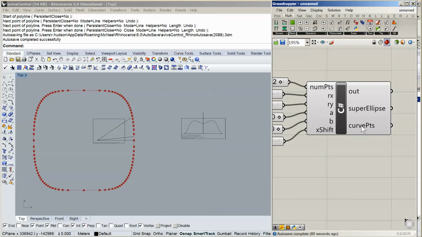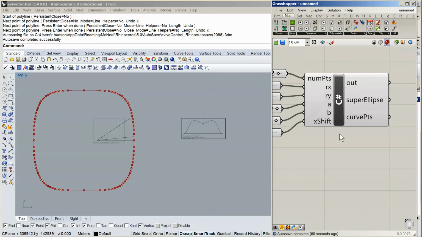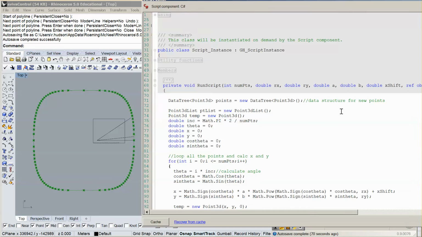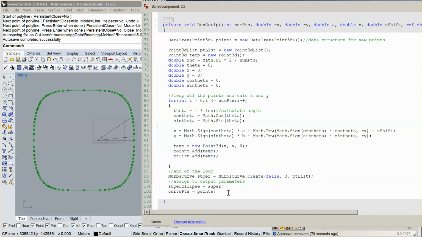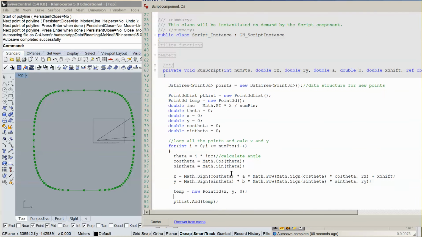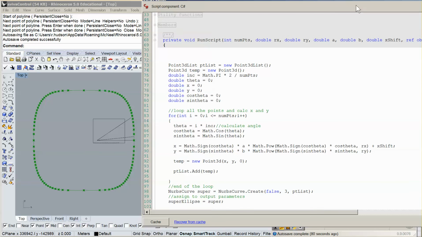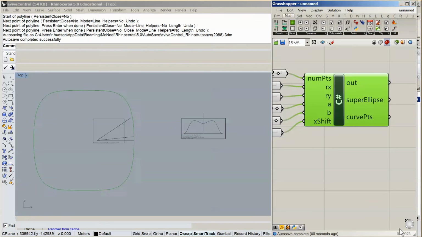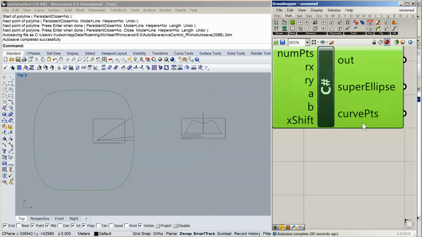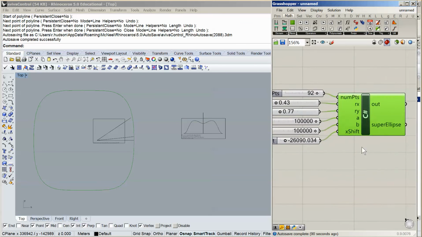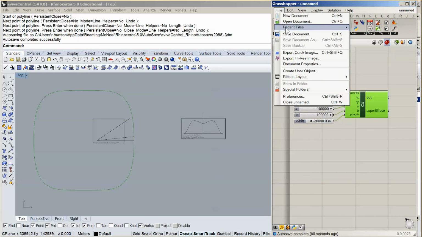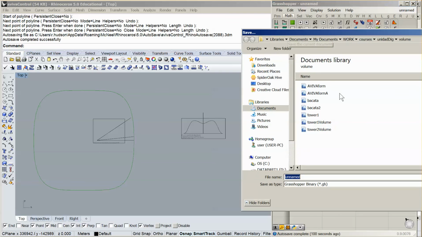I actually don't want to see the points, the curve points coming out. I find it unnecessary. It was good while we were building the function, but now I'm actually going to get rid of those. So let's take out the curve points from here. We're not going to add them to the list, so I want to minimize the work and get rid of this data structure here, and then click OK, and then here I can actually delete that. So here at this point I should save my document. I haven't saved it at all, which is very, very stupid in many ways. So save the document,